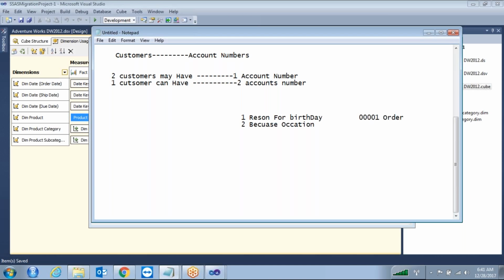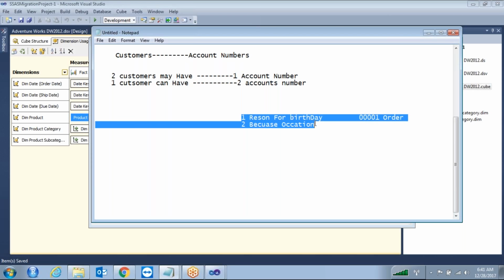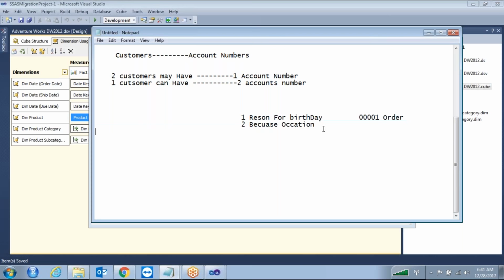Let's say, for example, I'm ordering a cake. Why are you ordering a cake? Because of the birthday of my sister or my wife. And the second reason is that it is an occasion. So for this order, there are two reasons. And in the reverse, I have another order, 002, and to purchase this order,